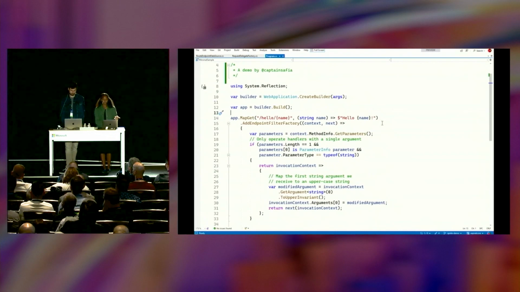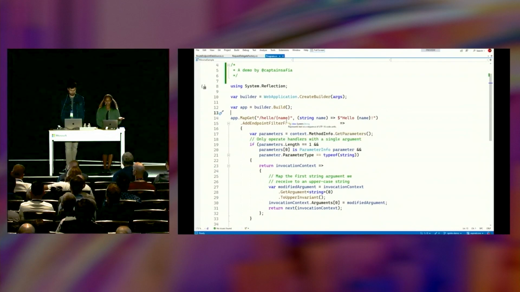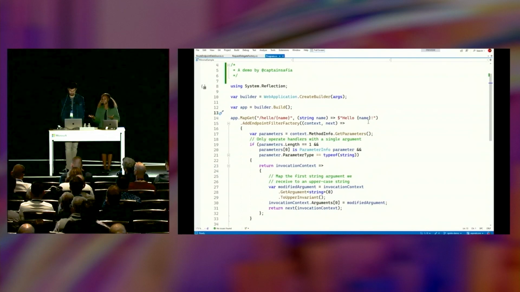I've got a minimal application as well. It's that Hello World sample that Stefan showed earlier, but I've done a few modifications on it. I've introduced a name route parameter in my route here, and that's mapped to a name parameter in my handler, and this handler here is just going to print out hello name to the user. Now, what's special here is that I'm invoking add endpoint filter factory. This is a new extension method that's shipped as part of our APIs in .NET 7 to register an endpoint